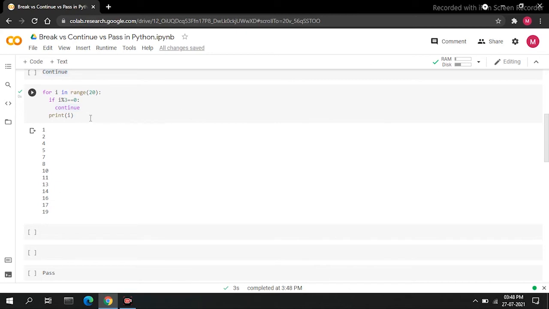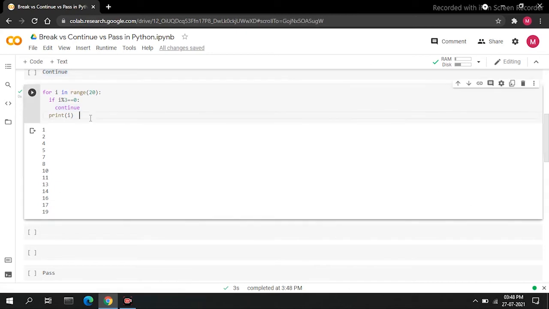For example, if we want to print all the values which are not divisible by 3, then we will use the continue statement. If i % 3 == 0, continue, print i. Try to run. Here we see that 1, 2, 4, 5, 7, the values which are not divisible by 3, are printed. If we try to enter 10,